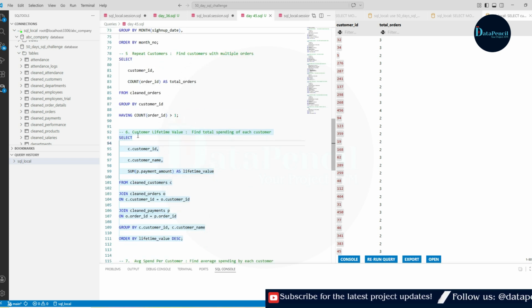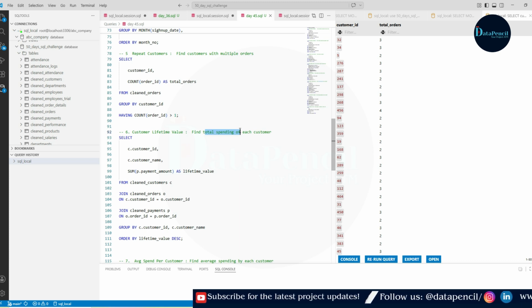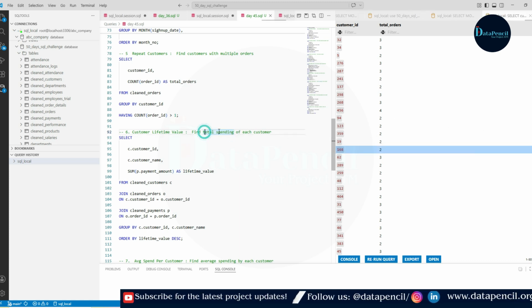Alright. Now come to our sixth query, and in this query we have to find the customer lifetime value. It means the total spending of each customer. Suppose you are a customer and you usually purchase from a particular shop. So what is your total spending till today? How can you get that value? You will simply sum your payment amounts. You must have a customer ID. So we will create a group for you. Suppose your ID is 101, so we will first create a group for customer ID 101, and then add all the payment amounts for your ID 101. Then easily we will get your total spending.